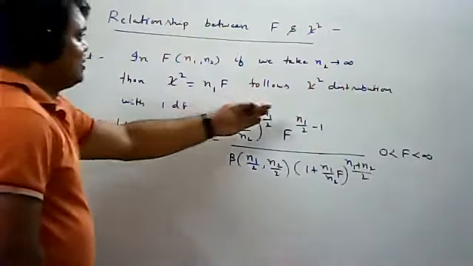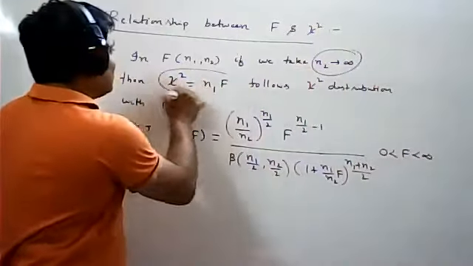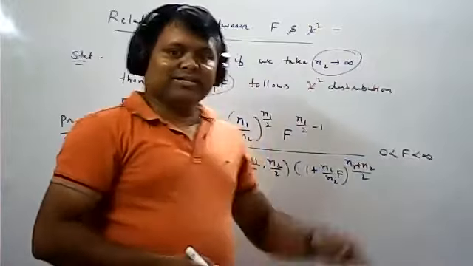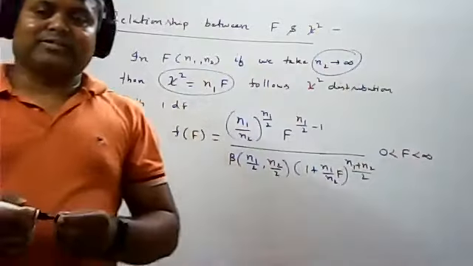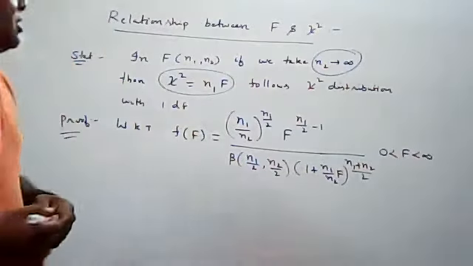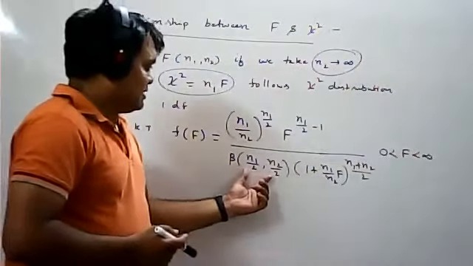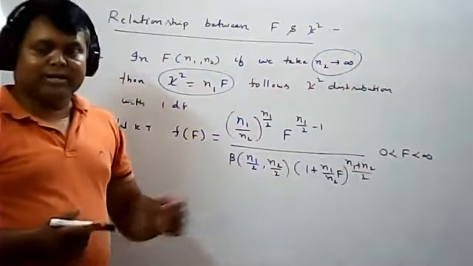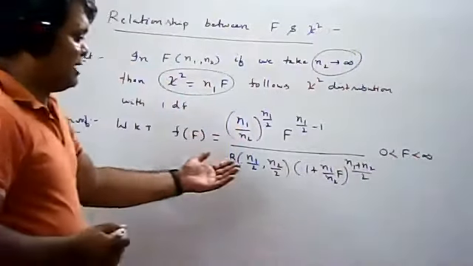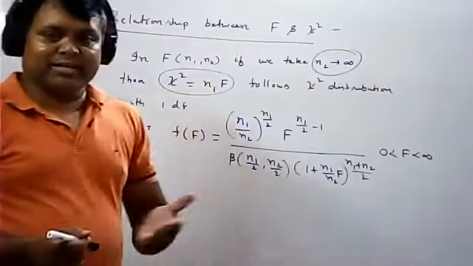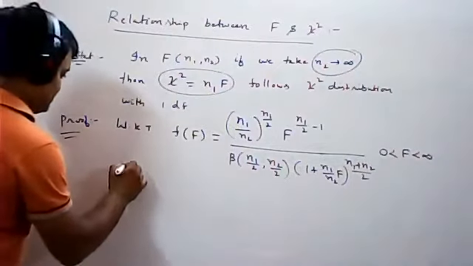So in that I will take the condition n2 tends to infinity and this relation also, and I will show that this density function turns to the chi-square distribution density function with 1 degree of freedom. Before that, n2 tends to infinity means I will separate the n1 terms. Before that, there is the beta m comma n formula, all of you know, gamma m into gamma n by gamma m plus n. That formula I will apply here, so that I can separate the n1 terms and n2 terms.